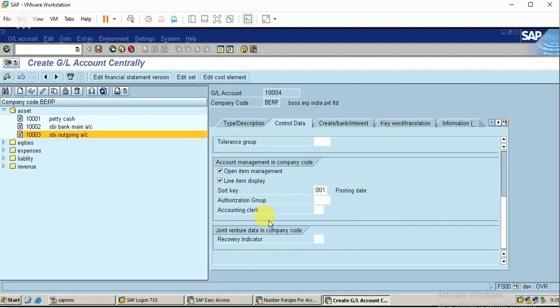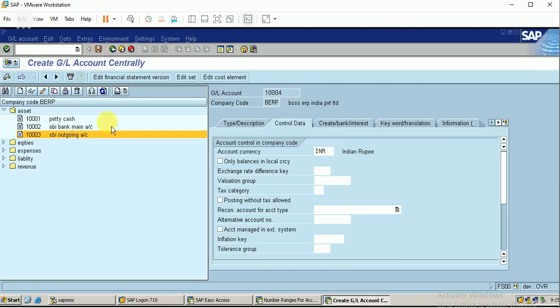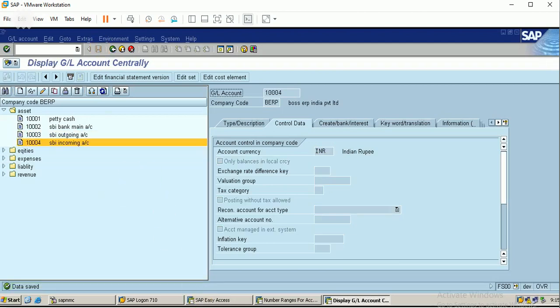In this account also the open item should be ticked, and I've configured the account. So we have created three accounts.